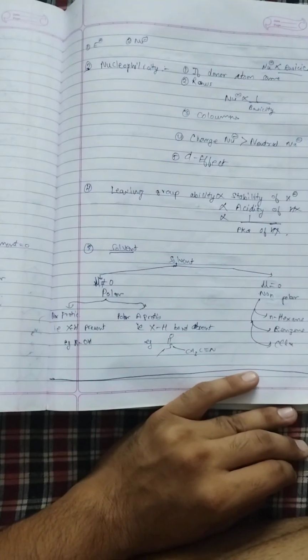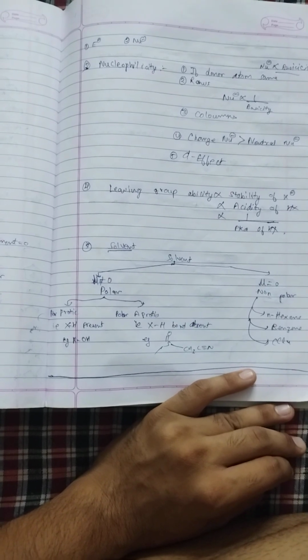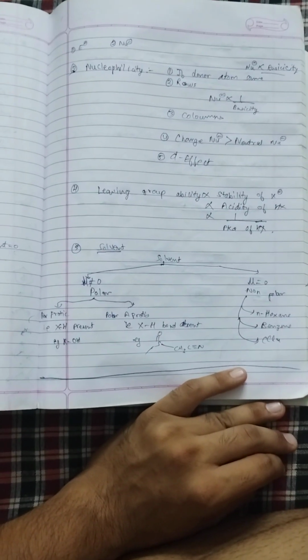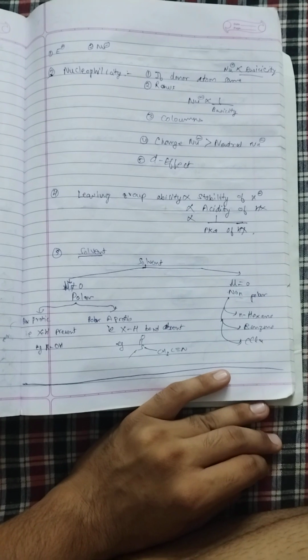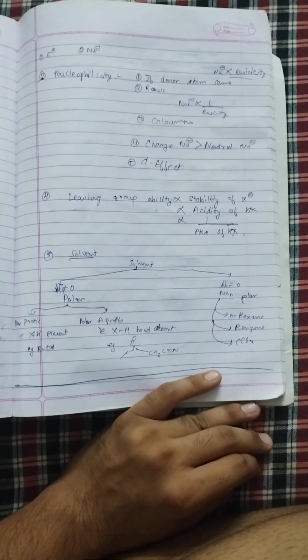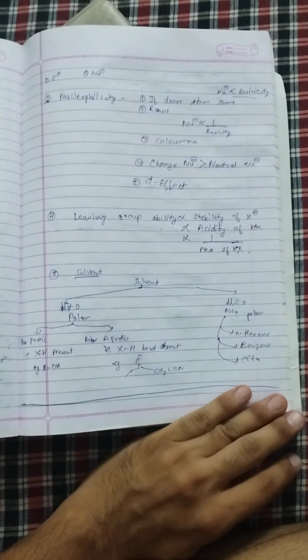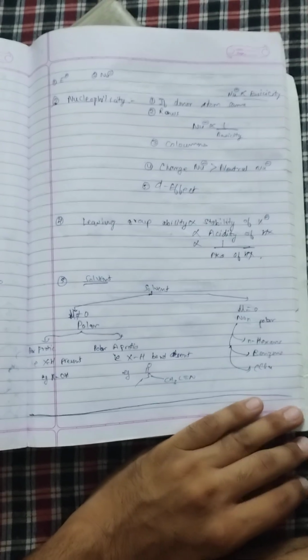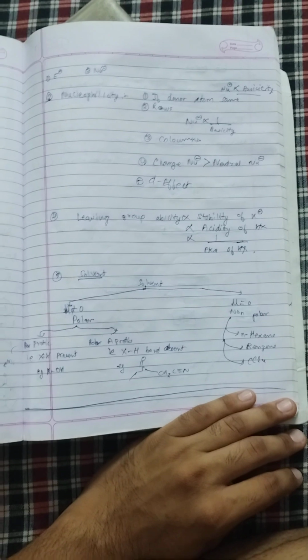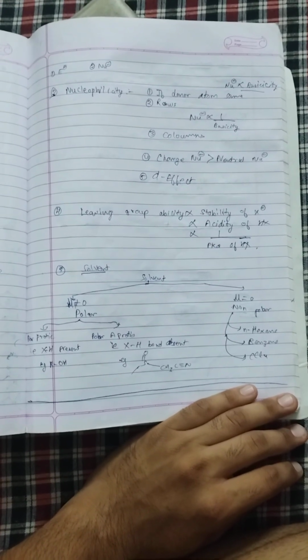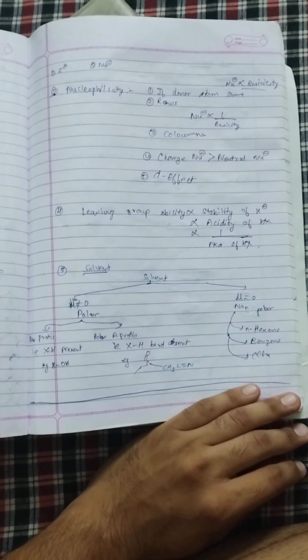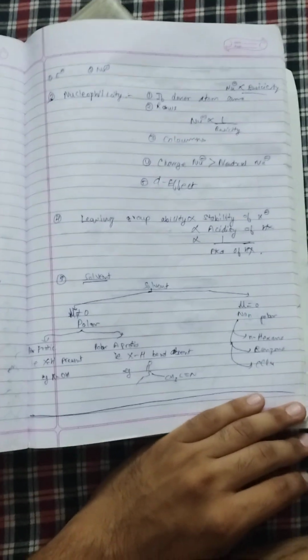In non-polar, examples are n-hexane, benzene, CCl4, etc. And in polar protic, an XH bond should be present, meaning one halogen should be present, which will be protic. In aprotic, like S, CH2, C triple bond, many different atoms are present, making the bond polar, but not like a single halogen dominating. That would be aprotic. Okay, that's it for today.